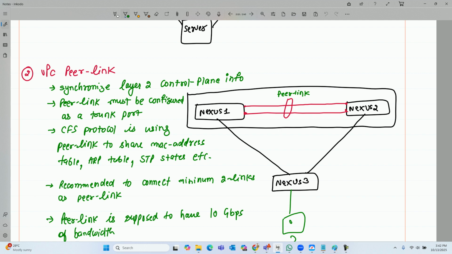So what is the vPC peer link doing here? The vPC peer link synchronizes layer 2 control plane information between the vPC peers, because they are part of the vPC domain. The peer link must be configured as a trunk port because we have information of multiple VLANs. The CFS protocol, Cisco Fabric Services protocol, is used over the peer link to share the MAC address table, ARP table,